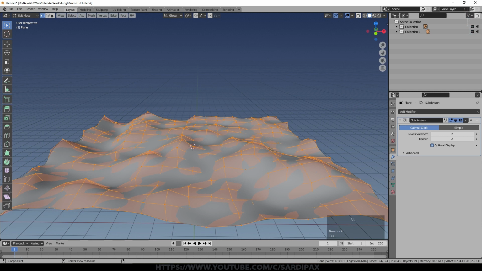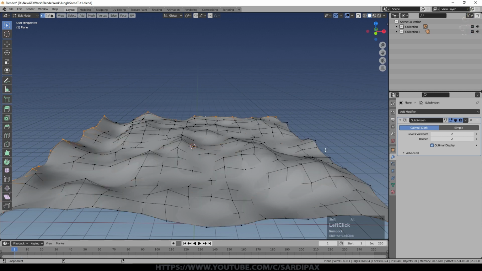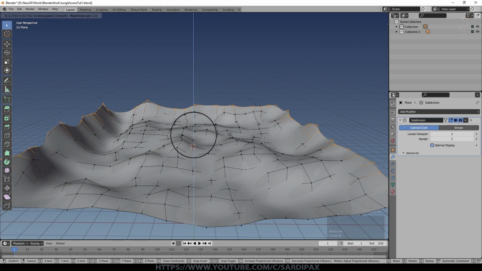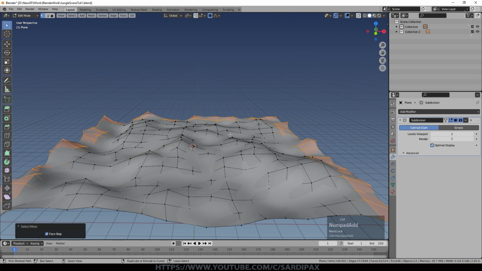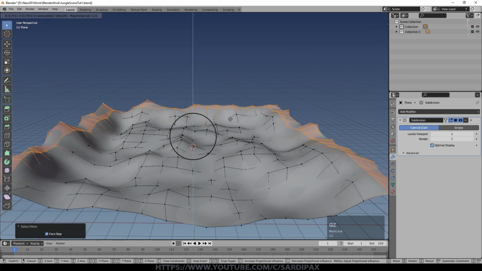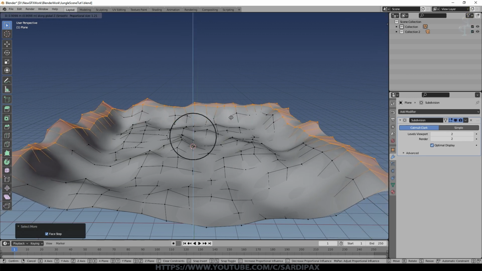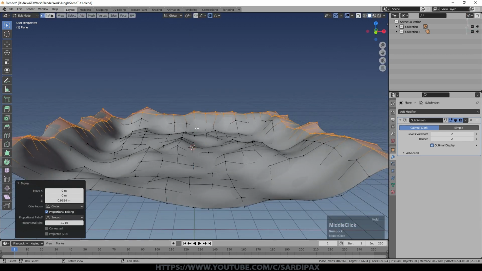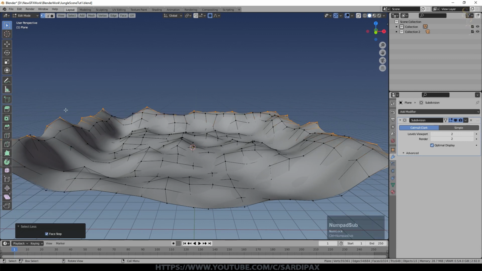What I also did was select the borders, press O to turn on proportional editing, and then G Z, and just lift up the edge a bit. In fact, what I'm going to do is Control plus and then lift the edge up like that, really just so that you don't see straight through as if you're looking across the edge of a cliff necessarily. And then Control minus, and that now reduces the selection to where I started.